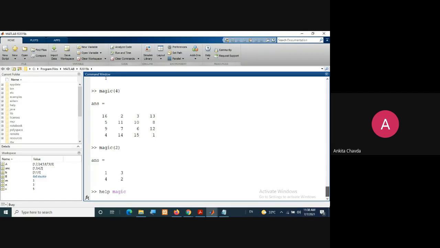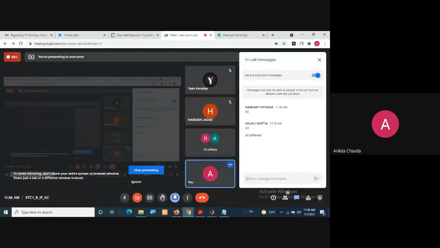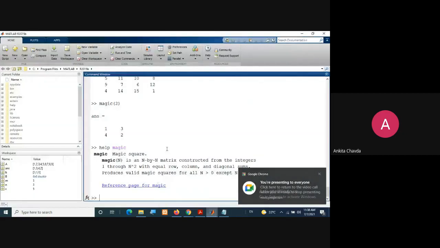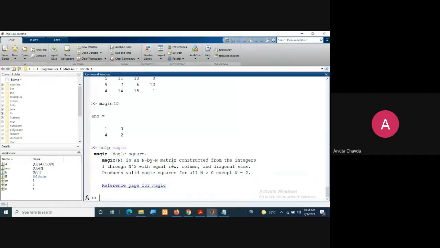It's taking some time. Wait for a while. Yes, it is all different. Correct. So here you can check what magic will do. Magic of n is an n by n matrix constructed from the integers 1 through n squared with equal row, column, and diagonal summation.